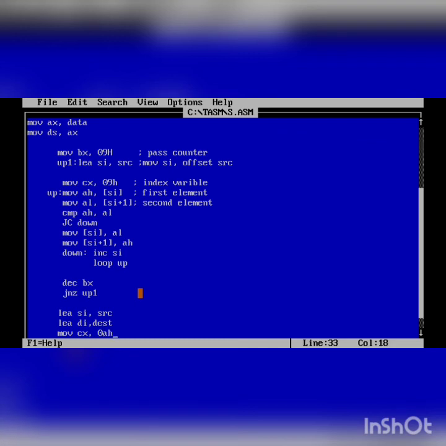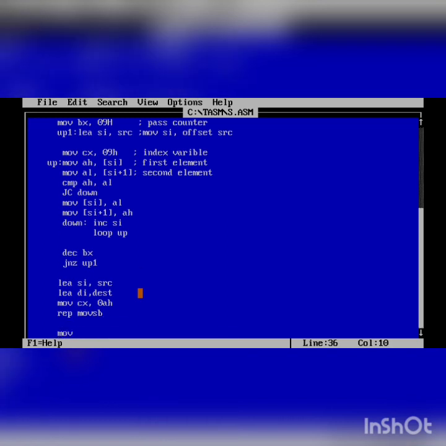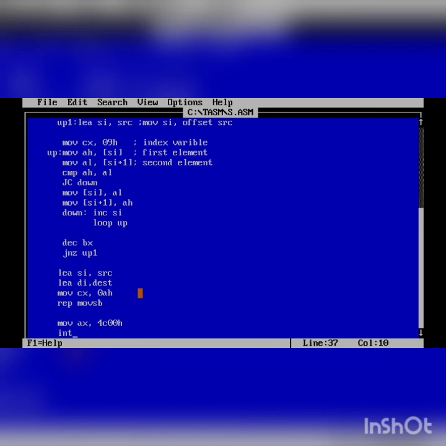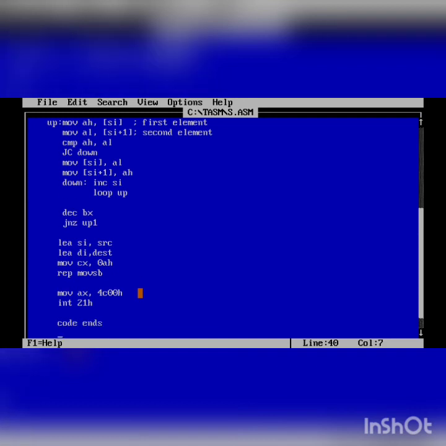Here we need to move a block, so we will use REP MOVSB, the repeat move string byte. This will repeat until my counter becomes 0. Then write down the exit code 4C00H, then 21H. Done.